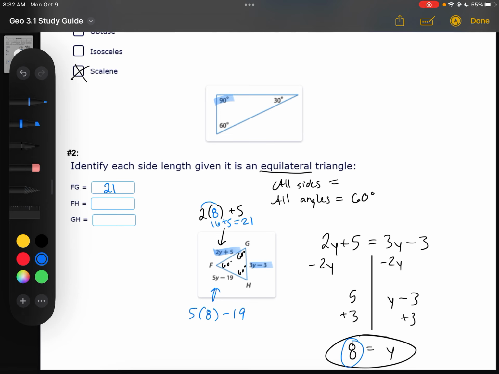You don't have to plug it in 3 times because, again, we should know that an equilateral triangle has equal sides. But just for proof, sometimes it's good to make sure we don't make any mistakes. And it is true, all 3 sides are 21. Great way to check your work if you're ever not sure. You can plug it in, and if they all equal, then you know you